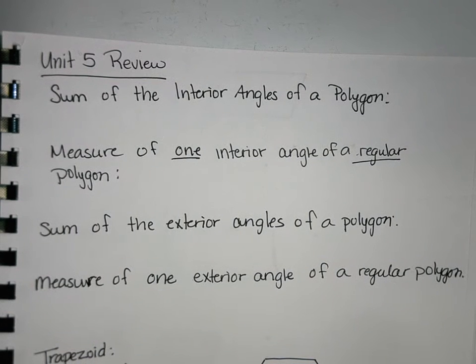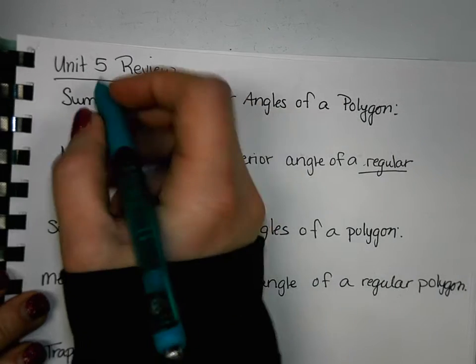One of the first things we did in this unit was we talked about the sum of the interior angles of a polygon. So in any shape, specifically a triangle, what do we know that the angles on the inside add up to? 180. What about a rectangle? What about a pentagon? 480. 720. 720. Okay, if you're not sure,